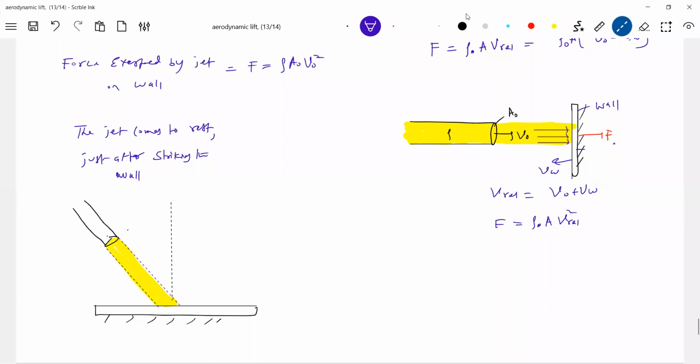Now you can see clearly in the diagram, the jet is emerging. So there's a pipe. All of you first should be able to understand what the diagram is. There's a pipe. Area of cross section of this pipe is A. Let this be theta. And the velocity is V, with which the jet is coming.